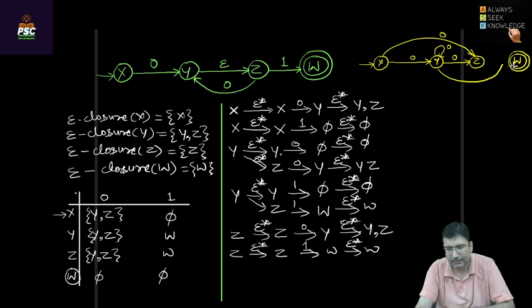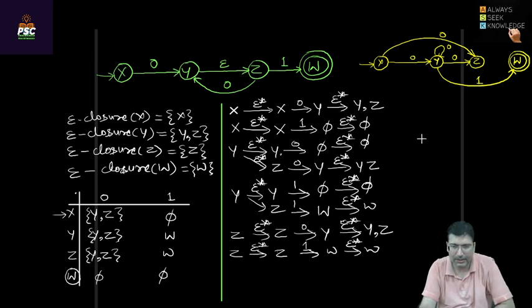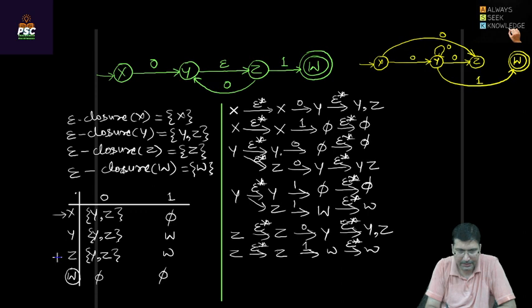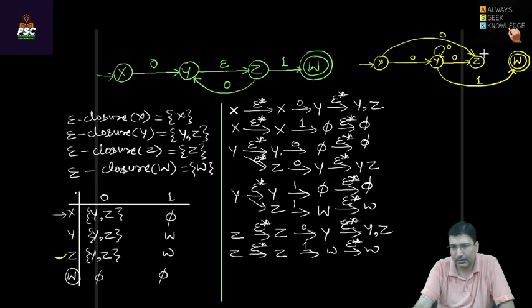So like this, by passing 1 we can reach w, right? Now let's discuss z. From z, when 0 is coming, y z, so there is a self loop for z and it is leading towards y also with 0. And on z, when 1 is coming, it is leading us towards w. And for w, for both the transitions 0 and 1, it's phi, so there is nothing. So this is the final NFA